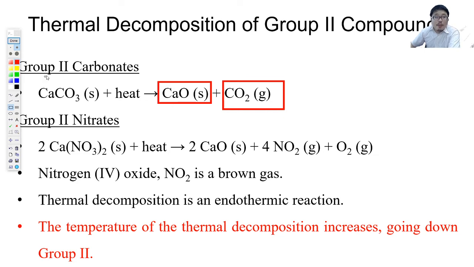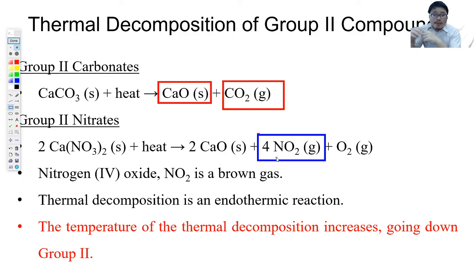Nitrate is of a different ball game. When you heat it up, you will first release normal gas, then you will release what we call NO2 gas. So that one will be what we call a brown gas. Because of that, this is an endothermic reaction. Both of these are endothermic reactions because you need heat in order for the decomposition to happen,